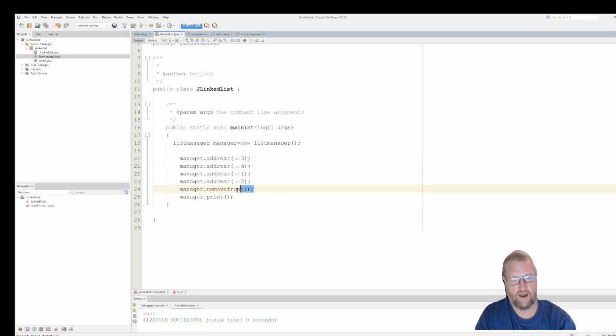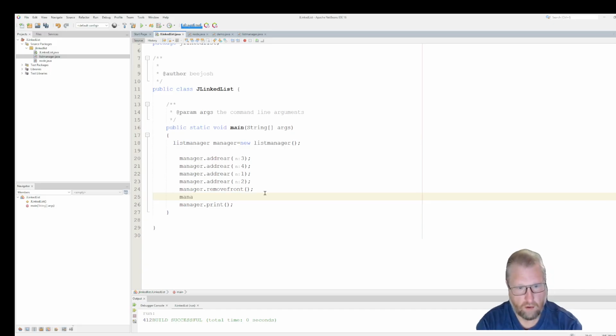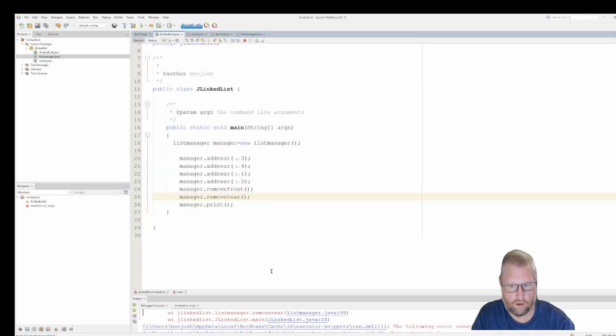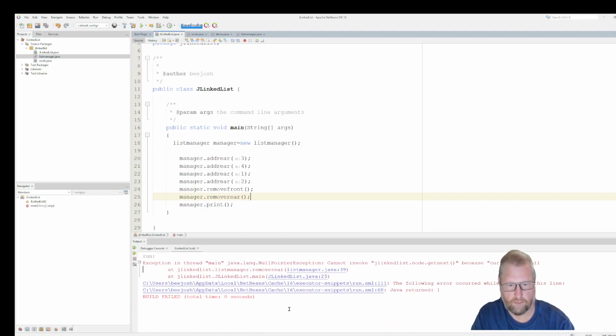All right, now let's remove the rear. Okay, let's see. Remove rear